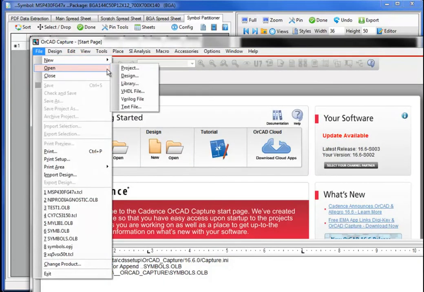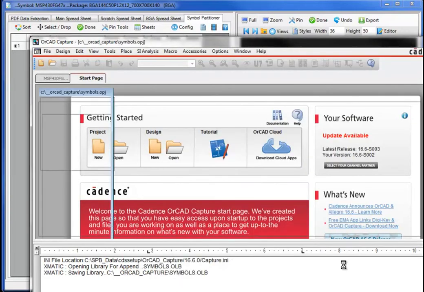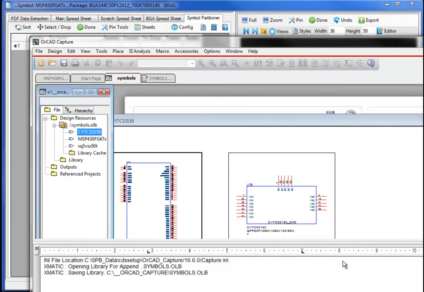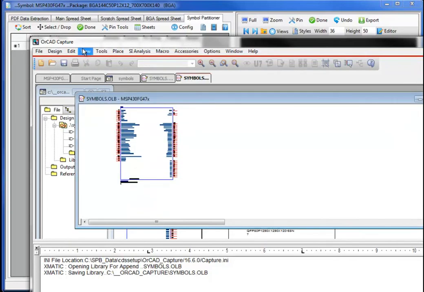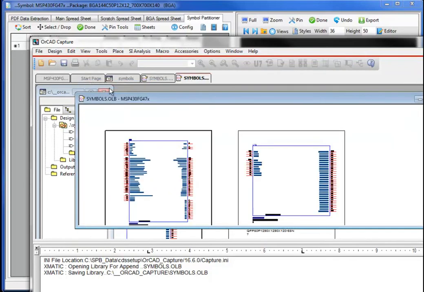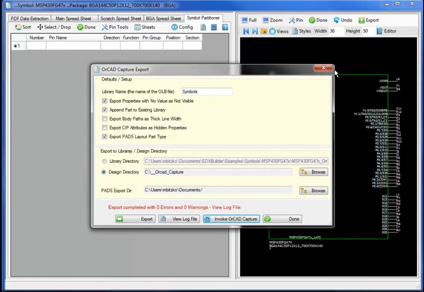Bringing up the library with the Open Library and importing the library, I now have the completed part directly exported to OrCAD Capture. A two-part fractured symbol set with the package net listing properties. Now that we've completed the export of the schematic symbol to OrCAD Capture,